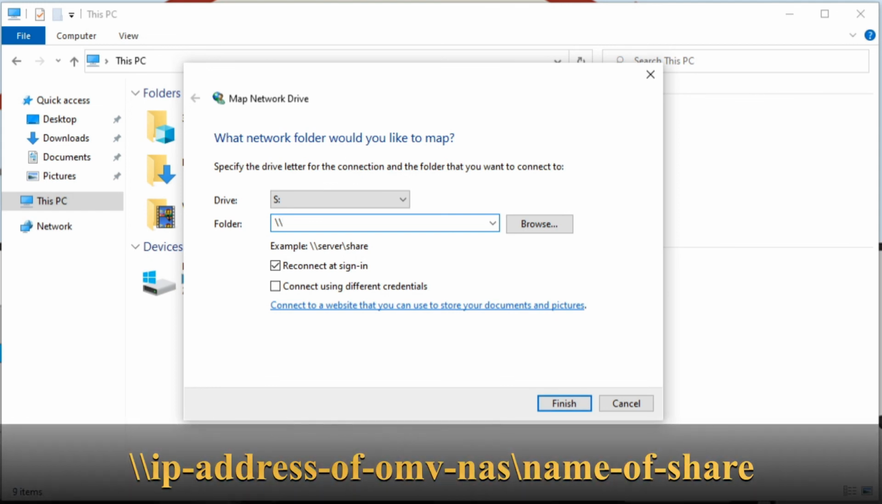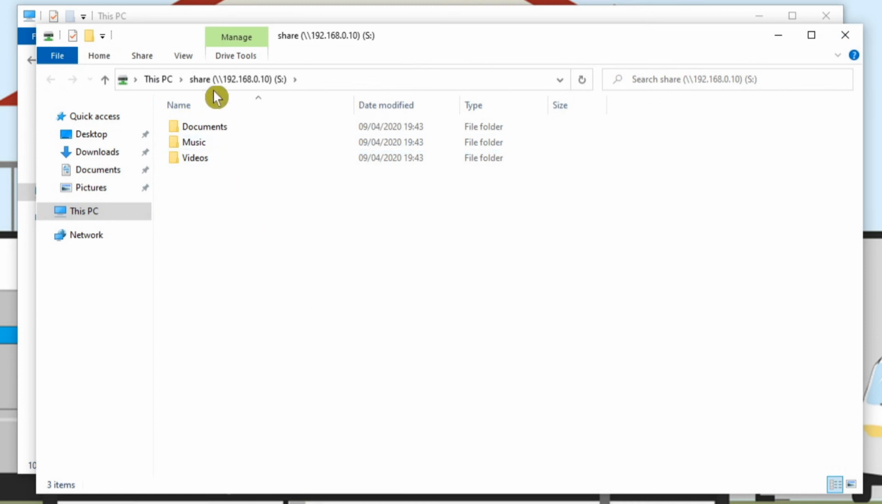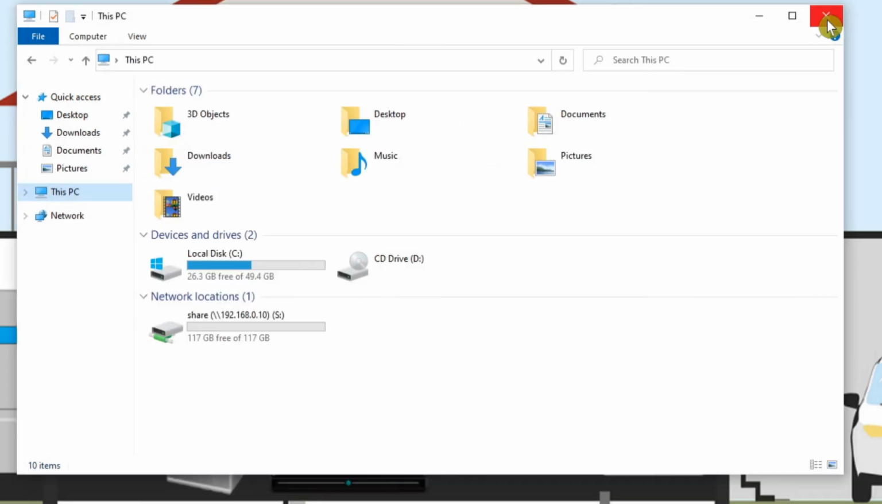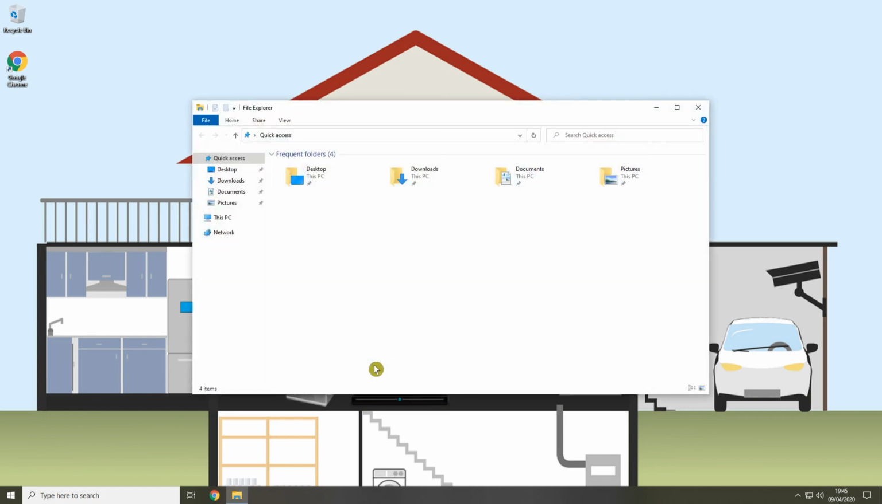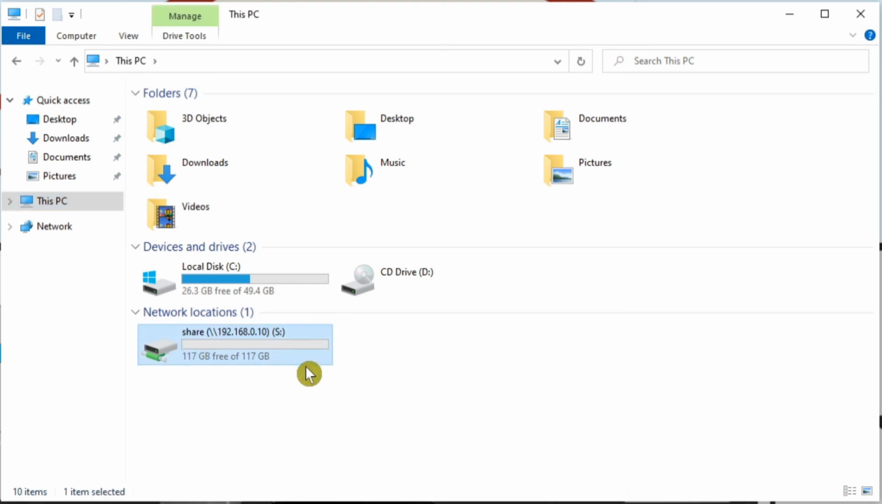So it's \\ 192.168.0.10, which is the static IP address we set, or I set in this case, on the NAS box. You put whatever you set on yours, then \ and the name of the shared folder, which I just called share, so put whatever you called yours, and then leave this on reconnect at sign in so it automatically connects each time, and then just click finish, and there you go, it's brought that up. And if I was to close these File Explorer boxes and relaunch it, now each time if I come into this PC, I've got this network share